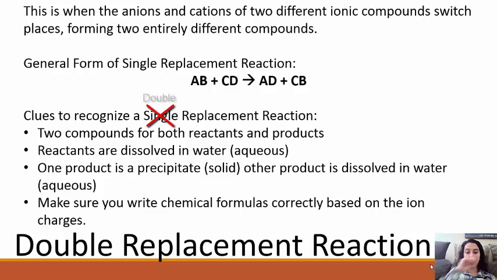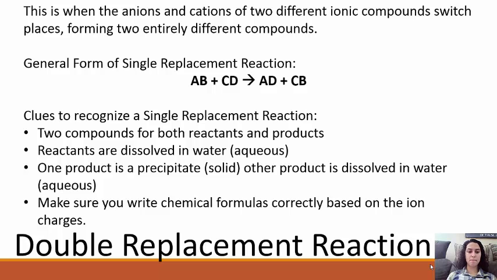So, clues to recognize a double replacement reaction. You will have two ionic compounds as the reactants and products. So both sides will have two compounds. The reactants are always going to be dissolved in water, so they're going to be in aqueous form. And the products, one will always be a precipitate, a solid, and the other will always be aqueous, dissolved in